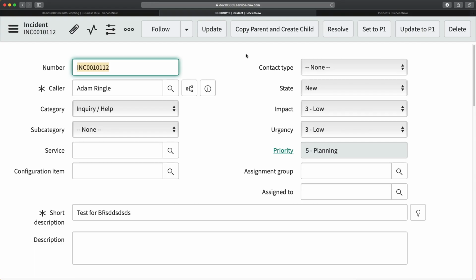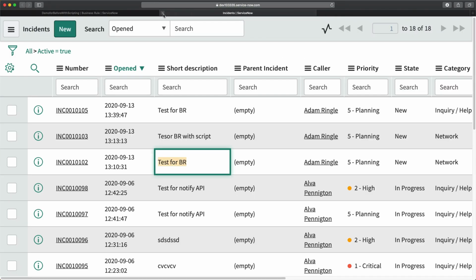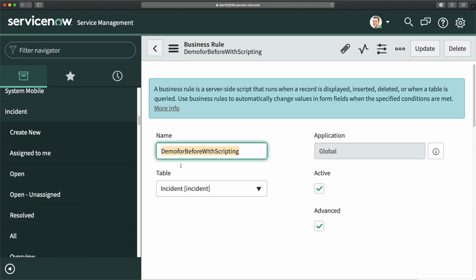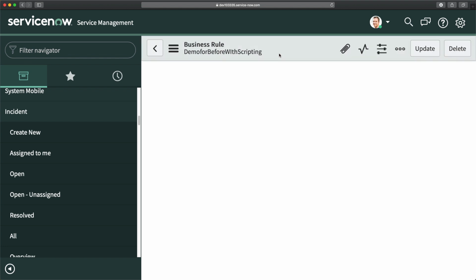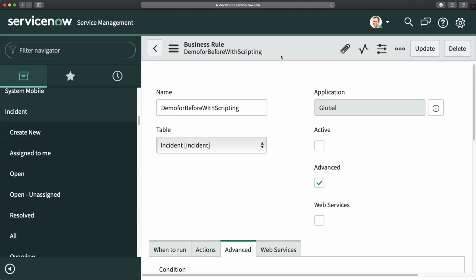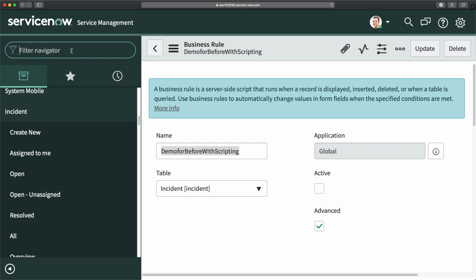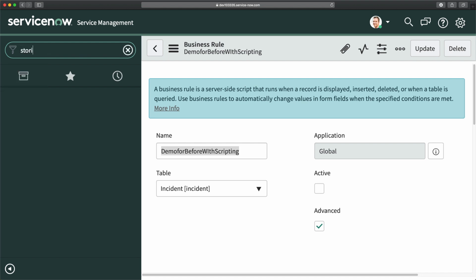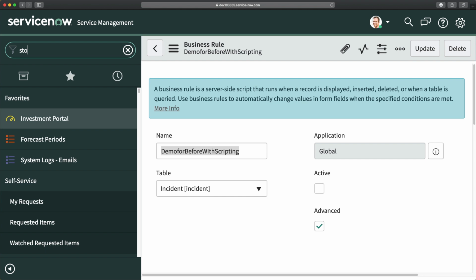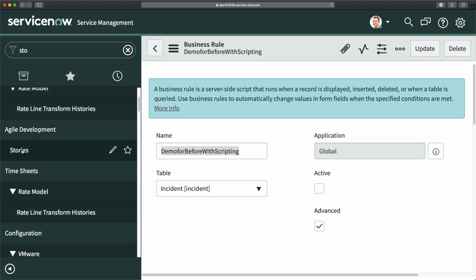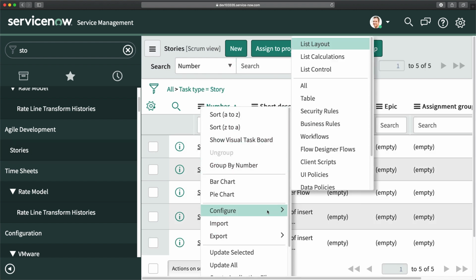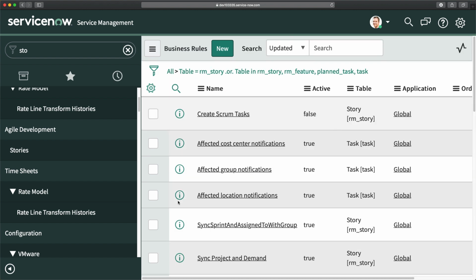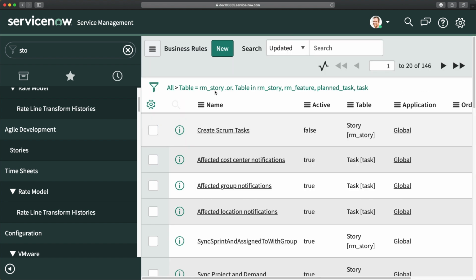So if I come over here and close these tabs, this time I have to work on the story table. So I'm going to deactivate this for now, and I will go to the stories table. I will just type stories here. If I do stories, I have these stories. This is the list of stories I have, and I go to configure business rules. I will create a business rule